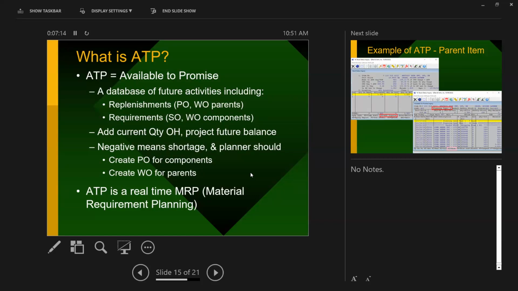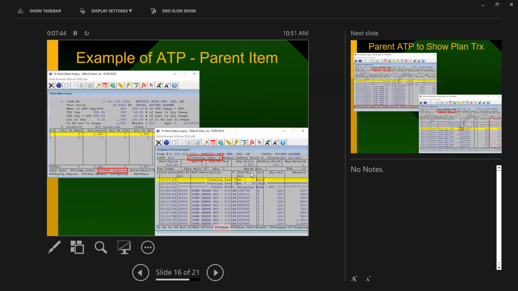And that's basically the planner's job, okay? Some of you know there is something called MRP. MRP stands for Material Requirement Planning, okay? ATP is a real-time MRP. No kidding. ATP is much better than MRP. That's what I can tell you. That's something in the system, and now I am giving an example of one